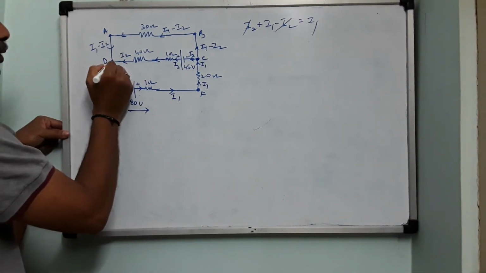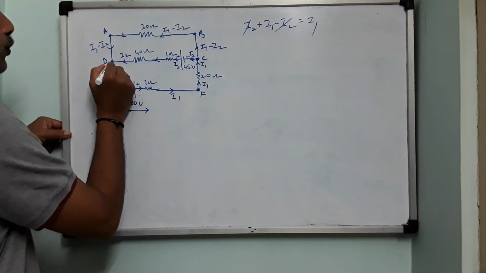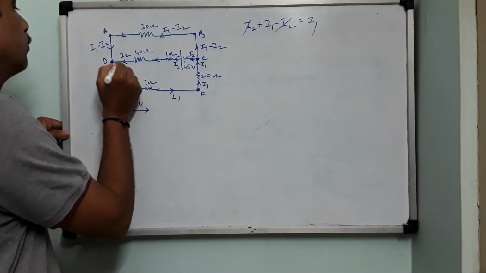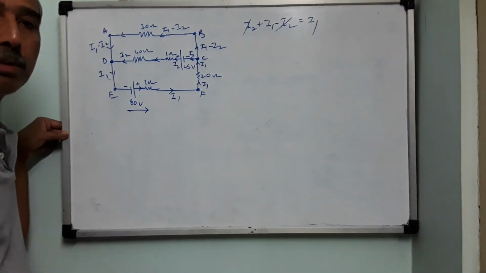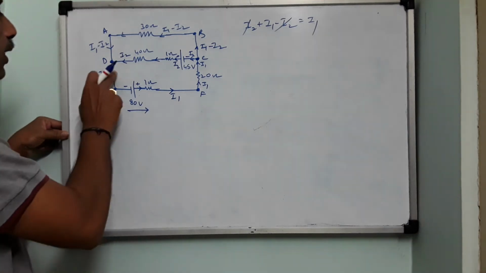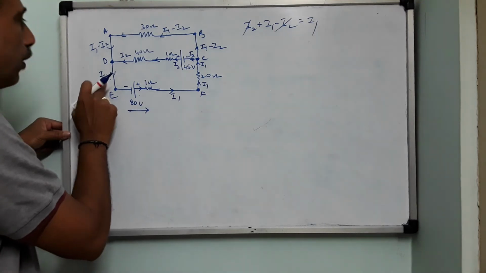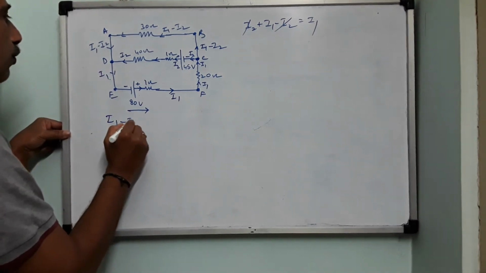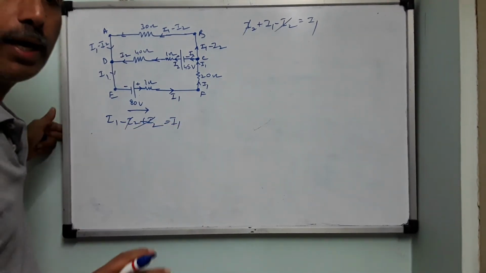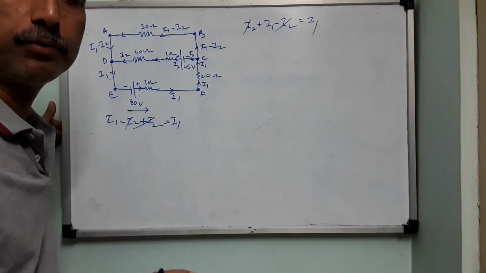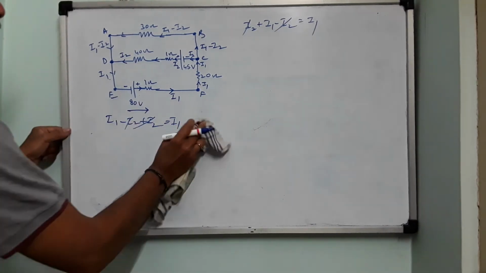And there is another current coming to the junction point D. I repeat, there are two currents approaching junction point D. One current is I2, the other current is I1 minus I2. The sum of the currents entering a junction point should be equal to the sum of the currents leaving the junction point. Only one current is leaving, that is I1. So when you add these two currents, you should get this current I1. So therefore, I1 minus I2 plus I2. I2 gets cancelled, I will get I1. So therefore, I am successful in applying Kirchhoff's junction rule to the circuit. Okay, so this is how the first step would be.